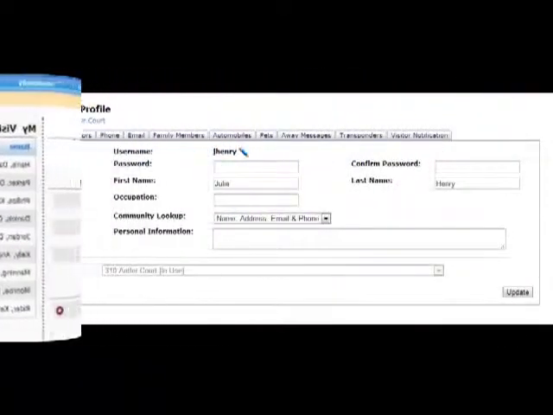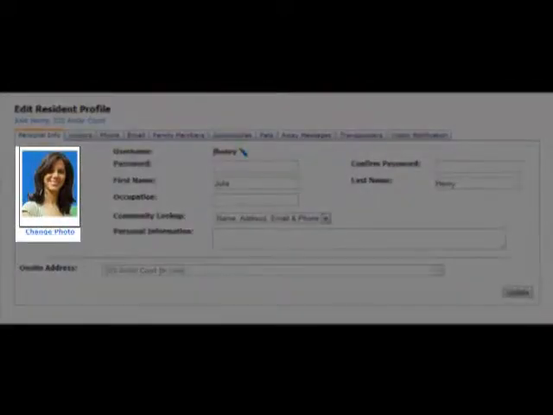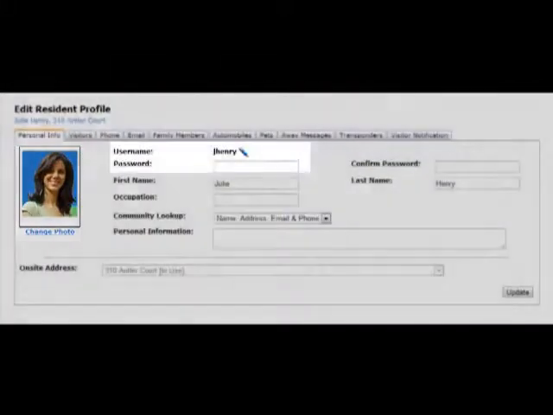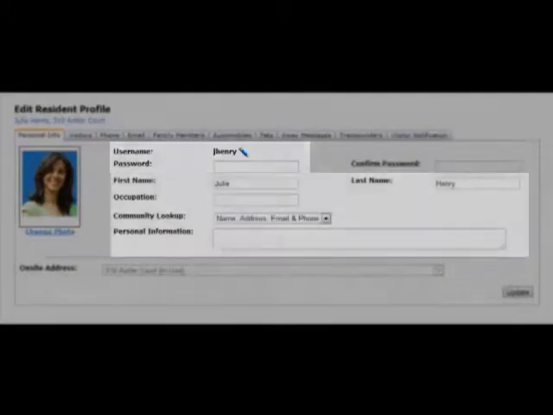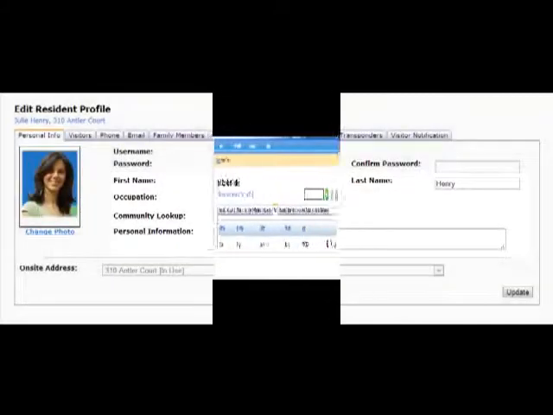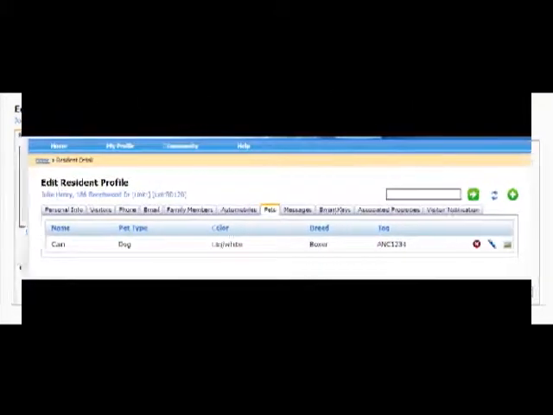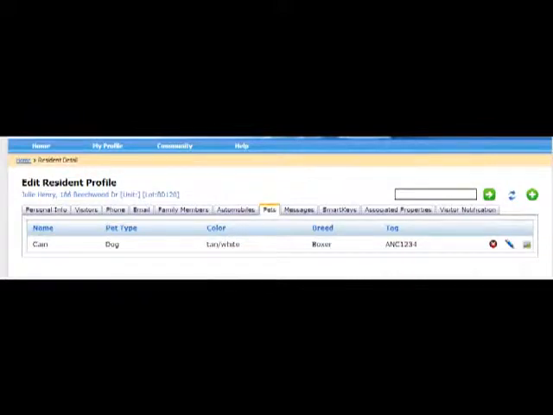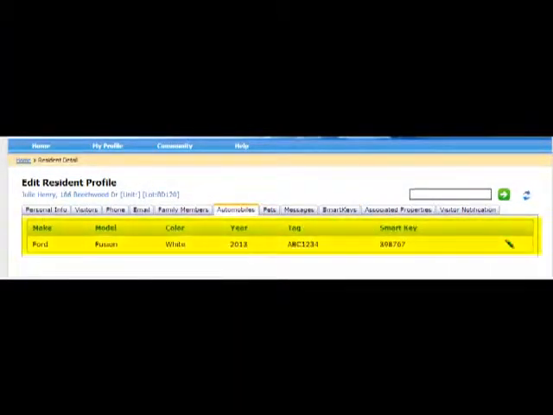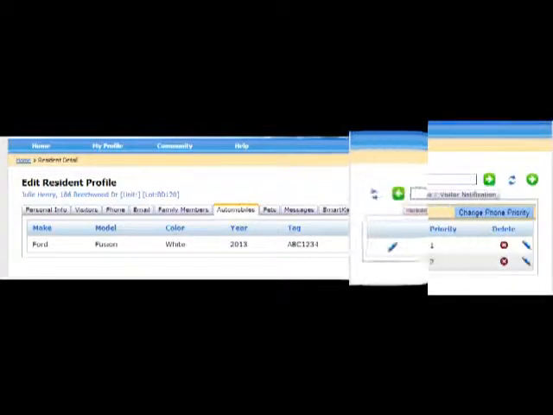The resident profile allows them to upload their own photo, to help security personnel with recognition, change their password, and manage other personal information. The program provides links to allow them to view or edit certain other personal information, such as their pets, access control numbers, and automobiles. Some information cannot be edited by the resident, but only edited by the administrator.